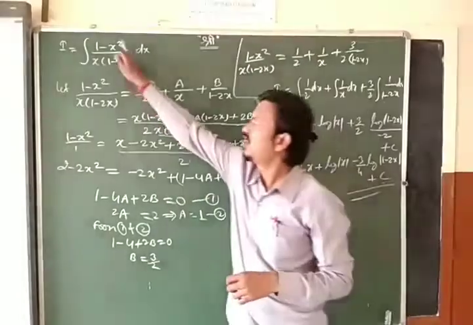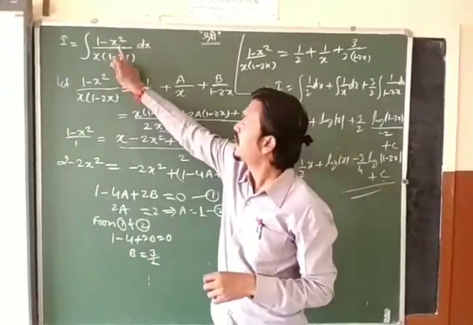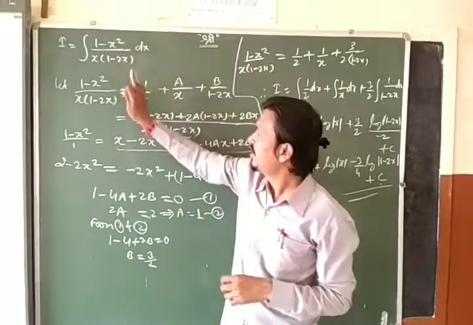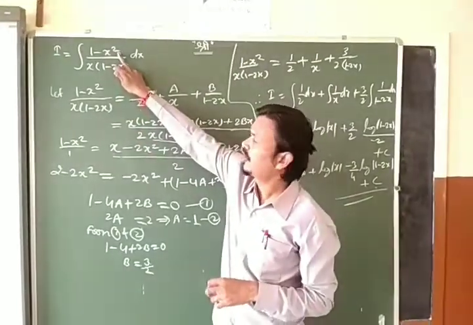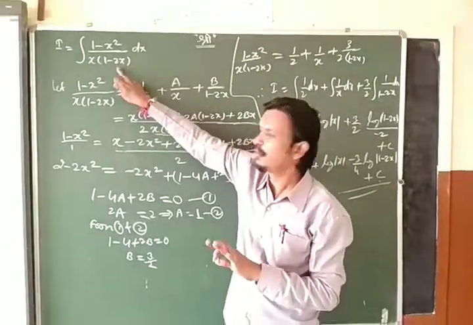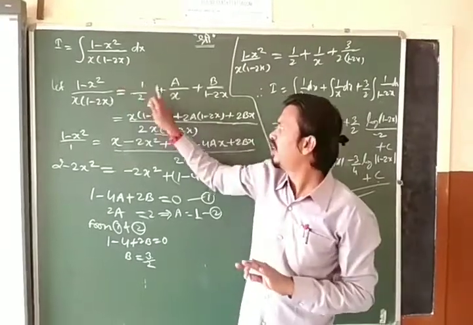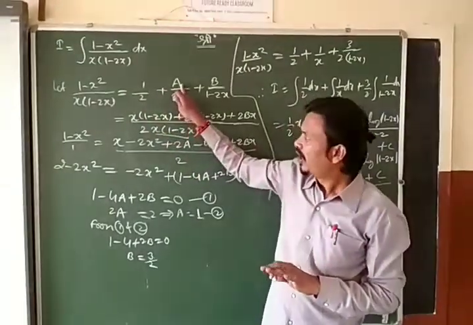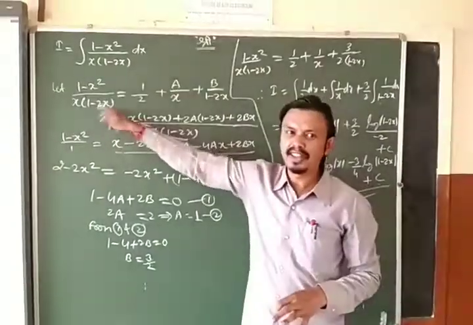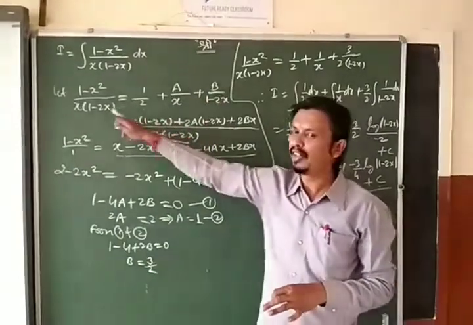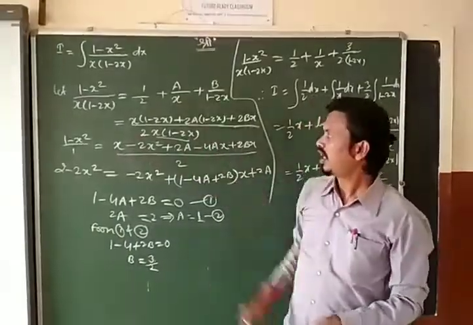So here this fraction is improper, but the degrees are same, right? So one thing we can do is just divide the coefficient of the highest power of x by the coefficient of the highest power of x in the denominator. That we correct first, and then an unknown a upon one linear factor plus an unknown b upon the other linear factor. Okay, like this we can solve.